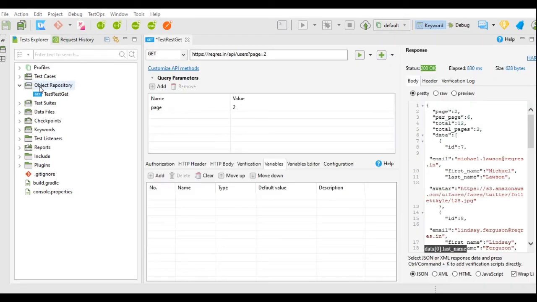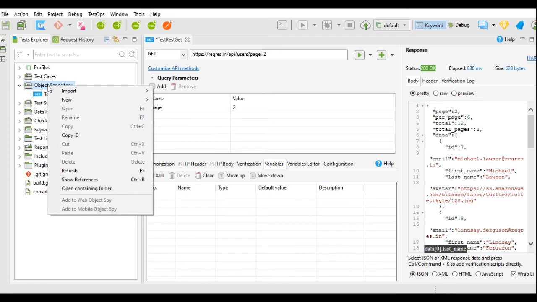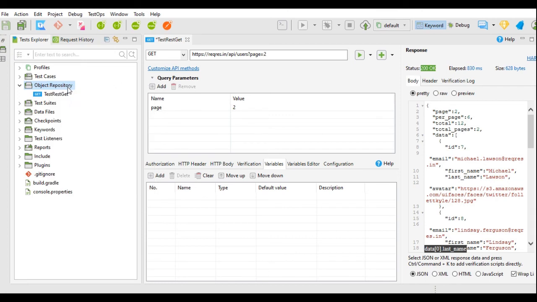If you have observed, this request is getting added in the object repository, as we have clicked on object repository to add a new web service request. To add this request to a test case, we have to click over here, click this add button or the arrow beside the add button, and you can add to a new test case or to an existing test case.